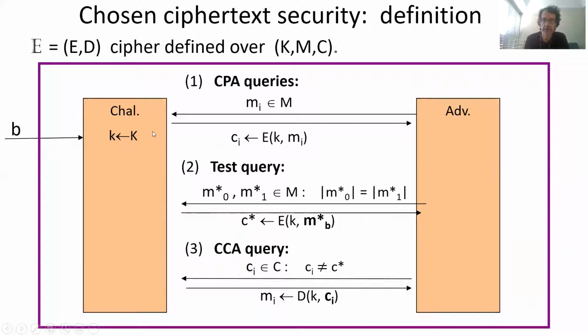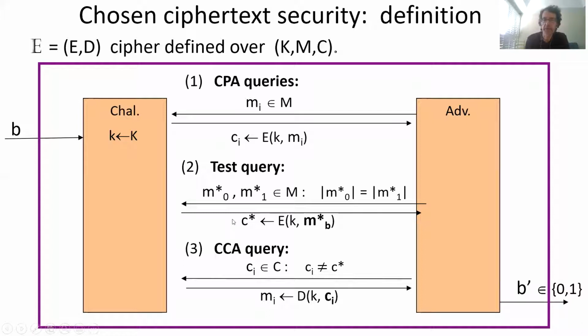So this here is the encryption box. It's as if you were asking the sender to encrypt stuff, so you can learn what the encryptions of the plaintexts you choose are. And here is the decryptor box, and it's a chosen ciphertext. So you choose the ciphertext, and you get to see what that decrypts into. The only constraint here is that you cannot just ask for the decryption of this, because you would get MB star, and you know what M0 star and M1 star are, so you would output B, right?